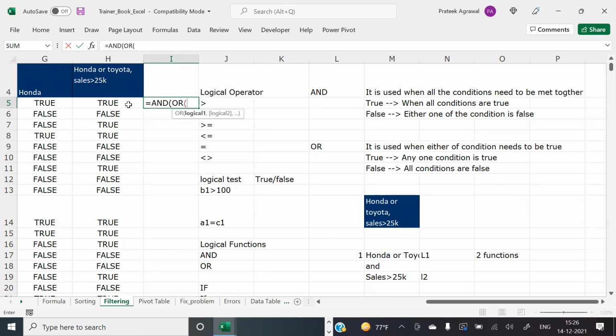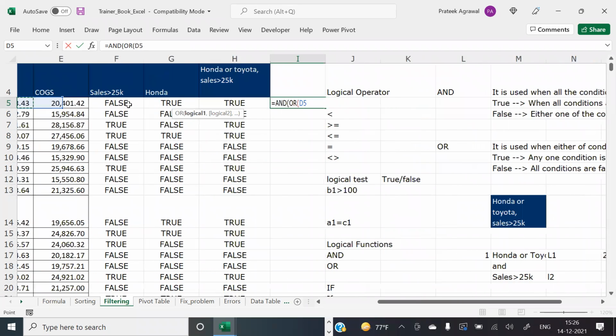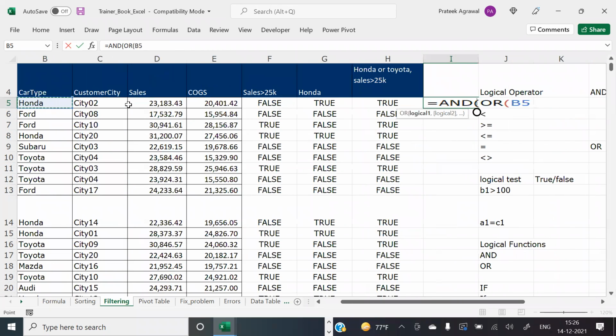Or. Correct. And then I'll have to refer to the car type, saying car type is equal to Honda. Now you can't do comma Toyota. You will again have to give the cell reference. Or is a logical test, it needs both left hand side and right hand side. Then we put Toyota, close the bracket, comma. Now what? Sales value greater than 25,000. There you go. So it's not that if you use an or outside, it's wrong. It's not wrong, it's just long. And we try to create functions with efficiency in them.